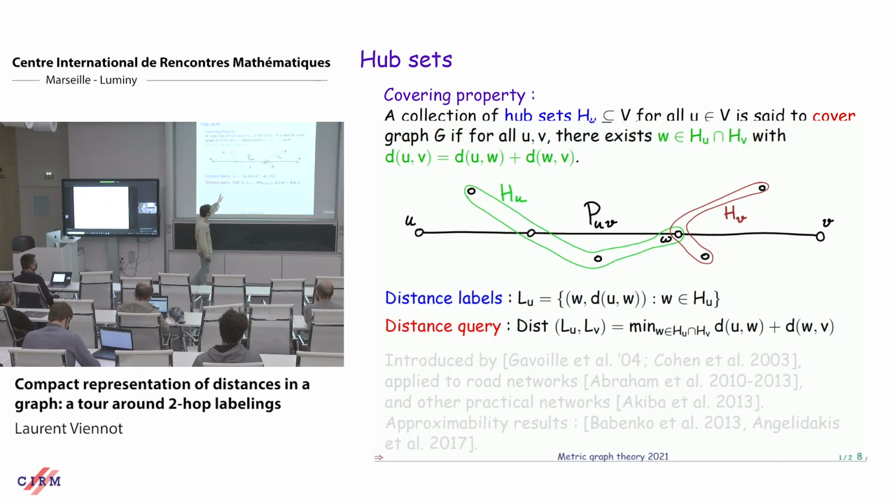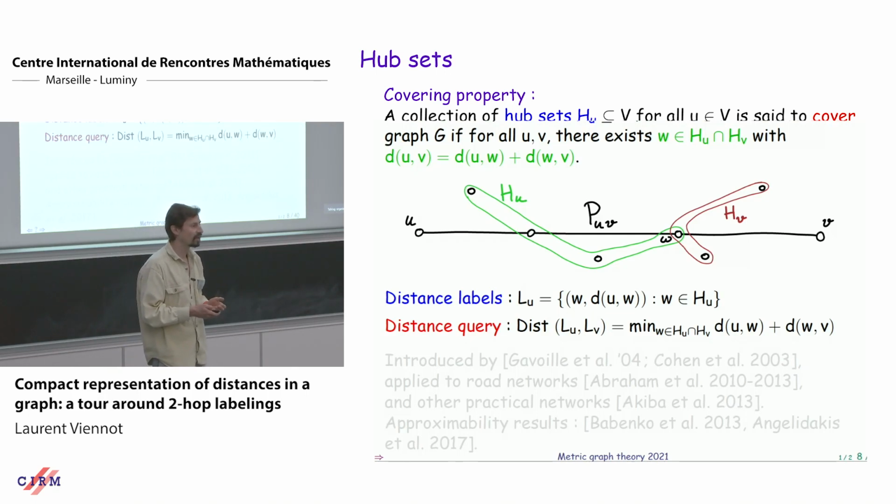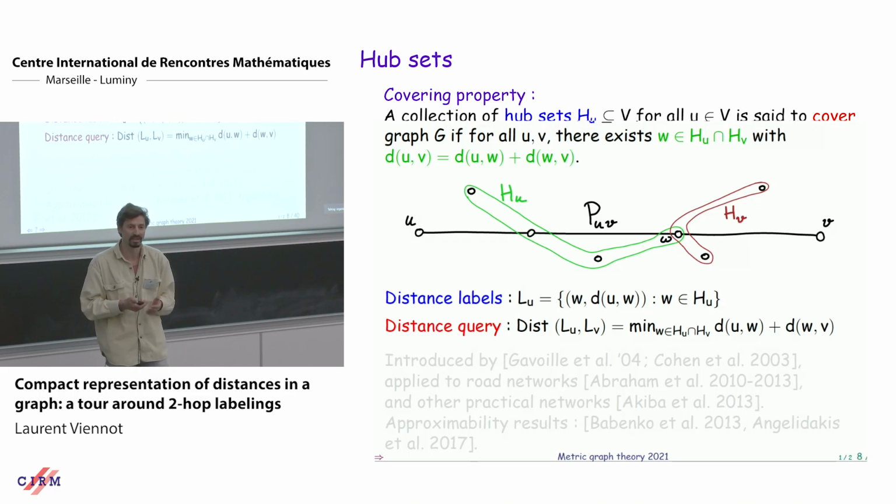Okay, so if you want to construct the distance label, the label of U would be, for each hub of U, the ID of the hub and the distance to the hub. And if you want to compute a distance query, then you take the two labels and you output this. You just have to scan 2 arrays and make the intersection. So this is very fast. This is indeed the fastest practical way to access distances of a graph. There is a faster one, which is to store the full adjacency matrix, but it is impractical because for big graphs, the adjacency matrix would be too big.